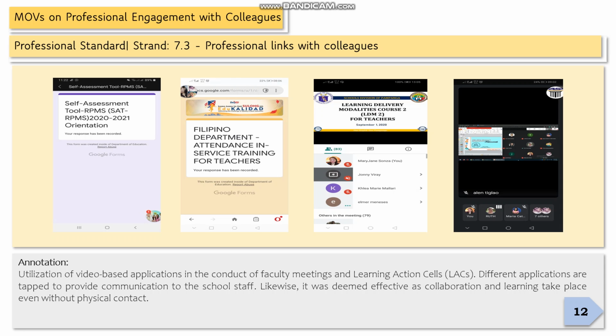Next, we have the MOVs on professional engagement with colleagues. We have the professional standard strand 7.3, professional links with your co-teachers and in the school. Now, you can attach here a screenshot of the attendance and even the discussion during your LAC sessions. Perhaps, if I'm not mistaken, most of the trainings and seminars are converted into webinars, even in the school, because of